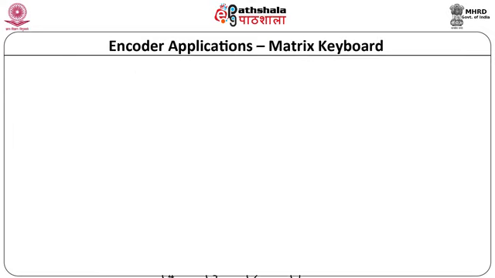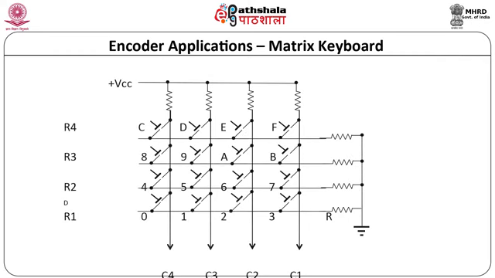As the number of keys in the keyboard increases, one can arrange the keys in a two-dimensional matrix in the form of a matrix keyboard. The figure indicates the arrangement of 16 keys in a matrix form. There are 4 rows and 4 columns. This type of keyboard is also known as a 4x4 matrix keyboard or hex keypad. One can use a keyboard scanning technique to detect the key pressed. In this matrix keyboard,